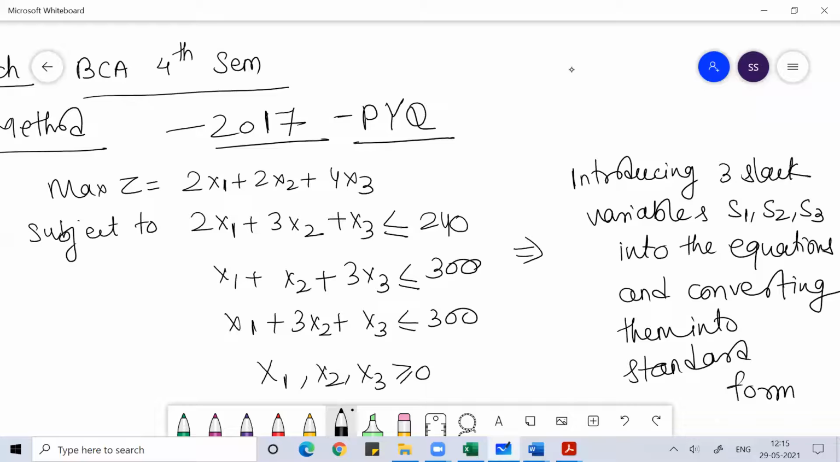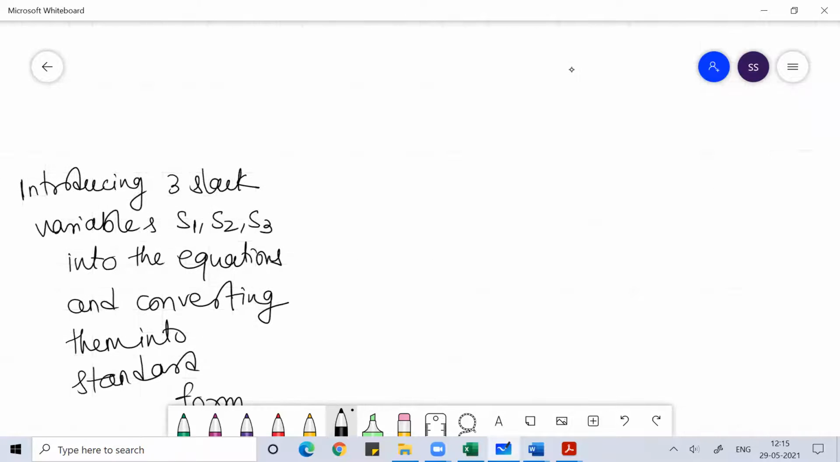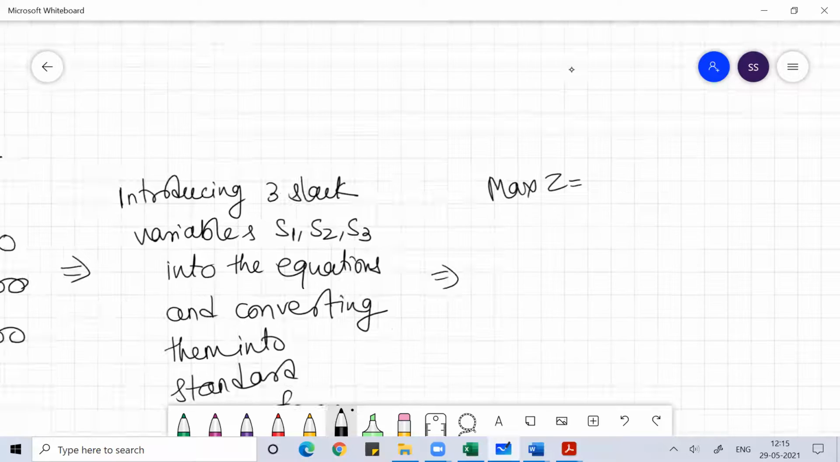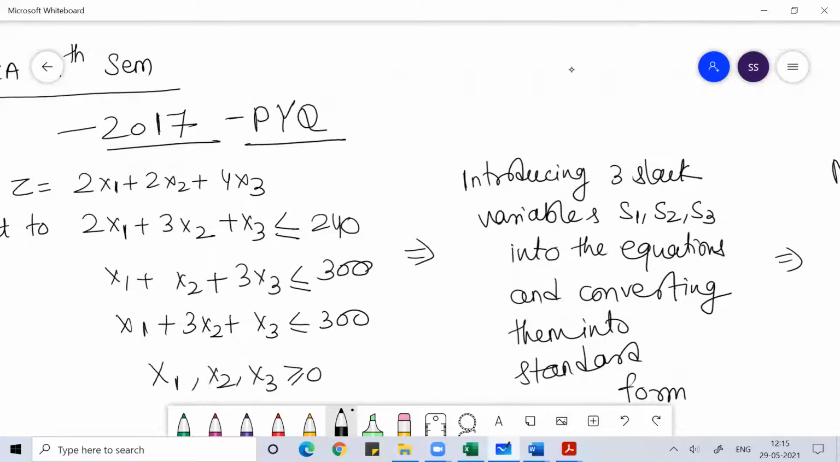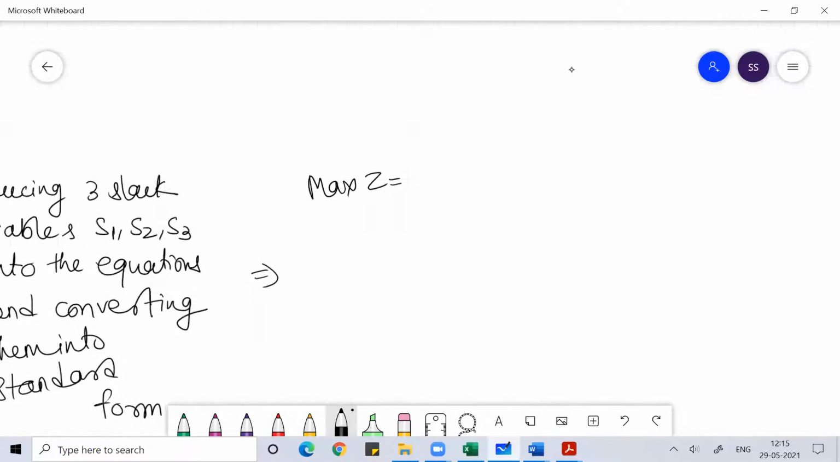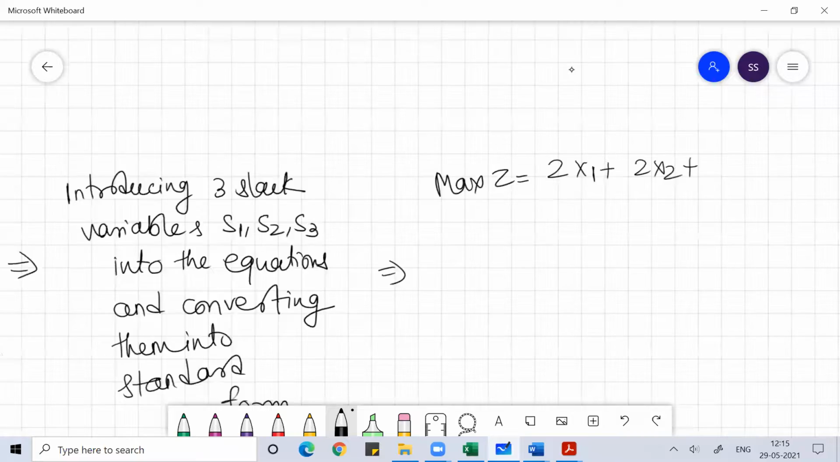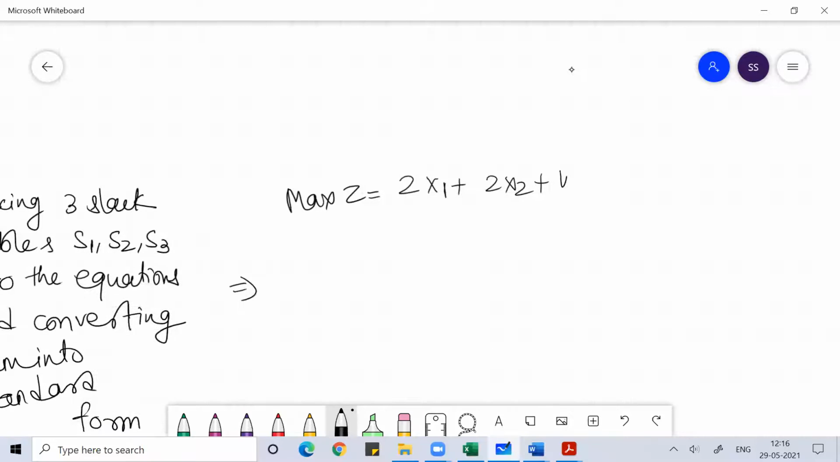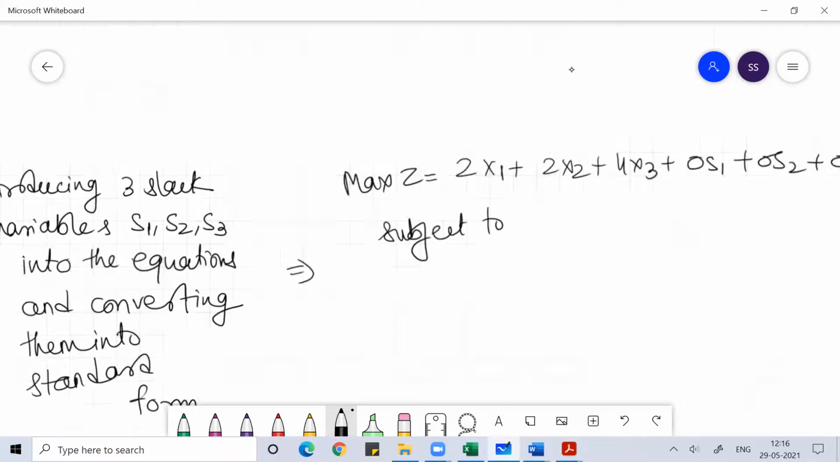Okay, so then you write the same problem as maximize z = 2x1 + 2x2 + 4x3 + 0s1 + 0s2 + 0s3, subject to